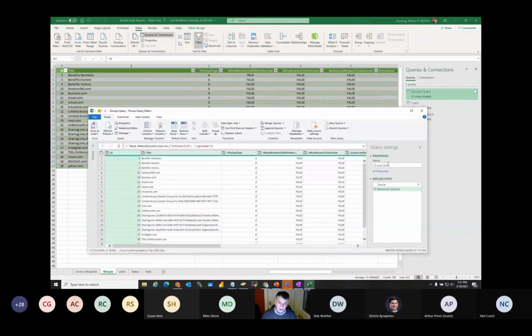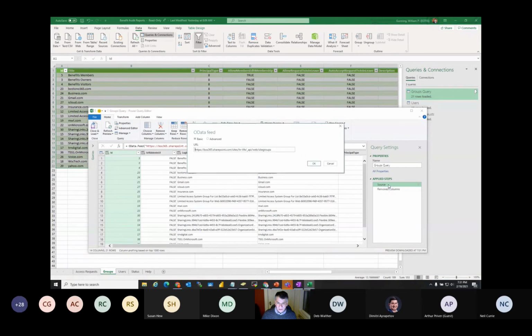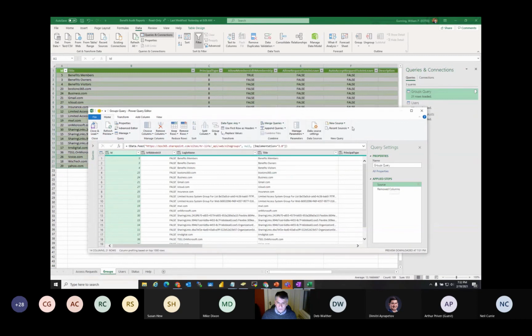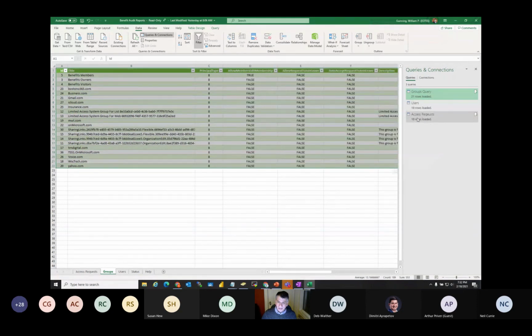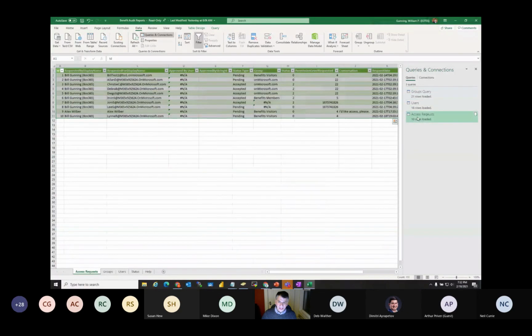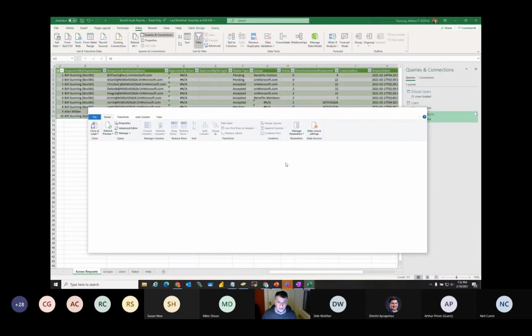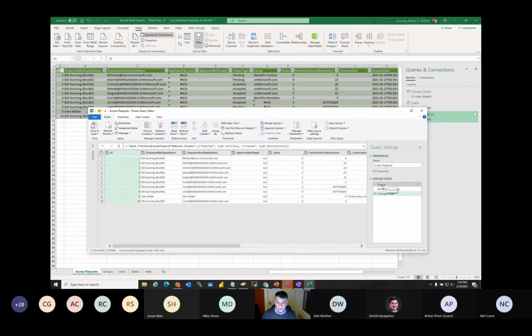just like in Power BI, if anybody does Power BI, you have a transform data. By double clicking on this, you're transforming the data. And then here, there's a source. If I double click on source, you can actually see the command. I'm going out and getting that API web site groups. I have this API here that goes out and gets site groups, this one here that goes out and gets site users, and then I even have one for the access request list. That's actually a custom list. So I have a query that goes out to the access request list.